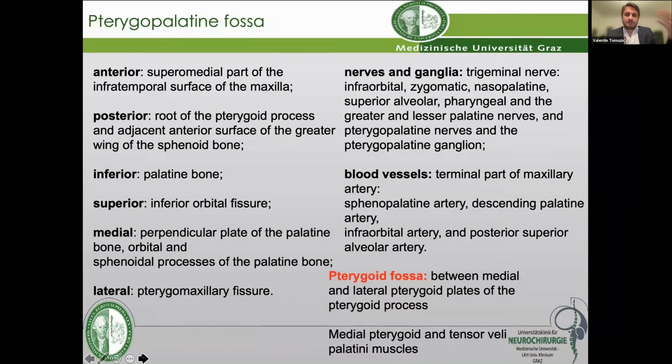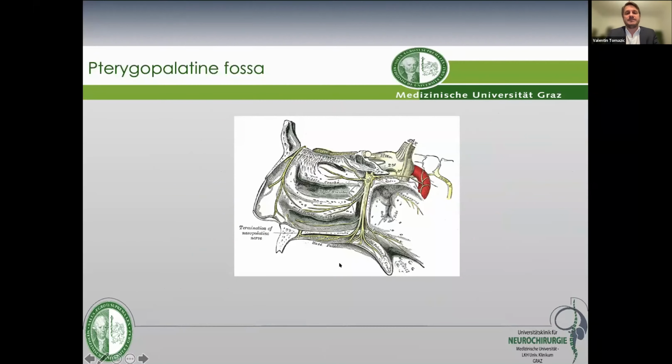Of course, you can go into the pterygopalatine fossa. You see so many words. Please don't go through all of them, but try to memorize the confinements of the pterygopalatine fossa, especially the greater palatine and descending palatine arteries and nerves, because the pterygopalatine